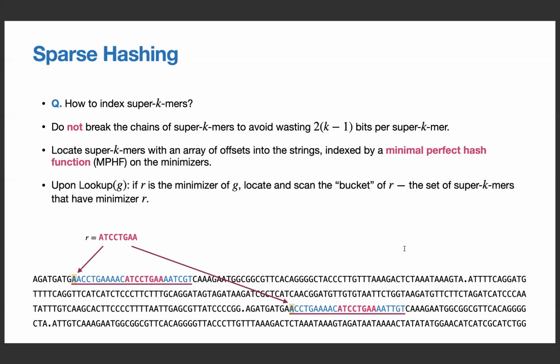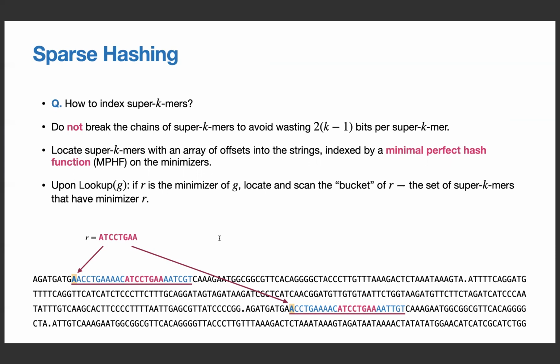So now, upon lookup for a K-Mer G, we locate and scan the bucket of the minimizer R of G, which is the set of super K-Mers that have minimizer R. So in this example below, we see that this specific minimizer R has 2 super K-Mers. So its bucket has size 2, and for a query that has minimizer R, I have only to scan